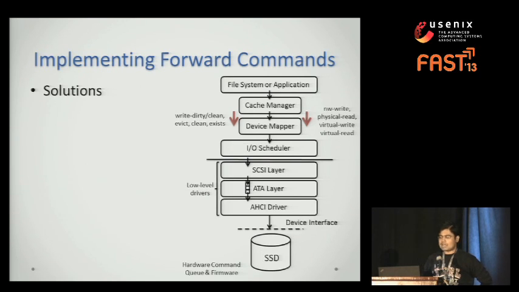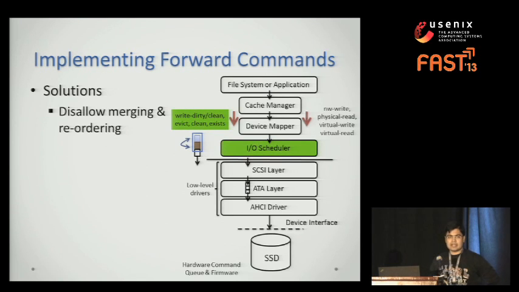So, and they provide a lot of friction when you're passing these new commands. For example, if you consider the IO scheduler, then if I have a write dirty and write clean command in the context of solid state cache, then I cannot merge those two commands because they have completely different consistency semantics. And if we merge them together, we are not getting the correct behavior. Also, we cannot reorder them. So we had to define new rules at the IO scheduler level, which make sure that we disallow the merging and reordering of newer commands introduced in the block interface.